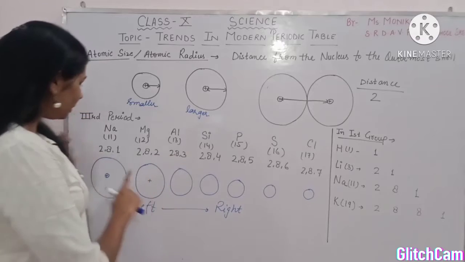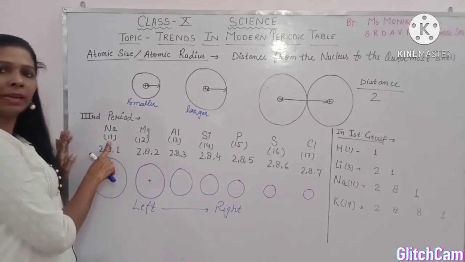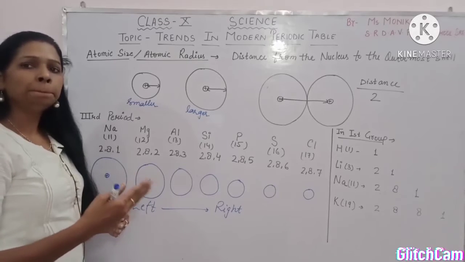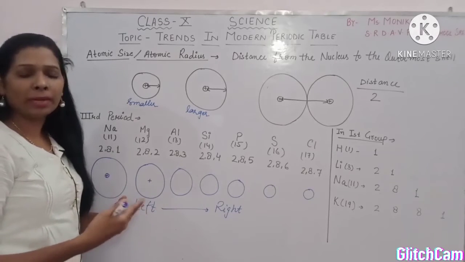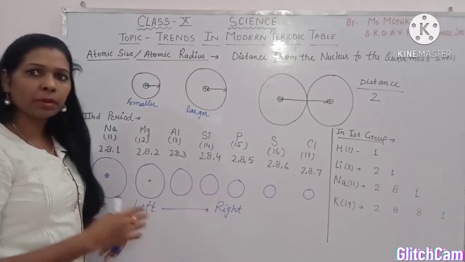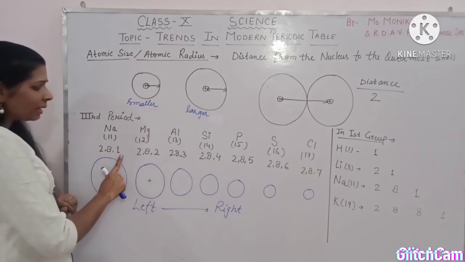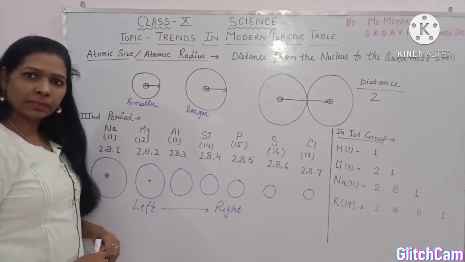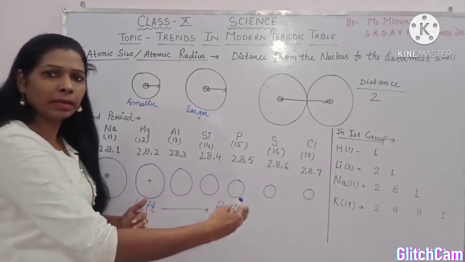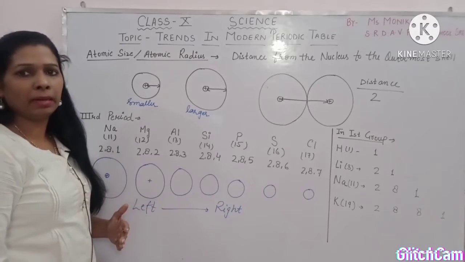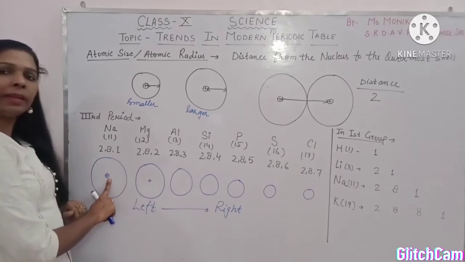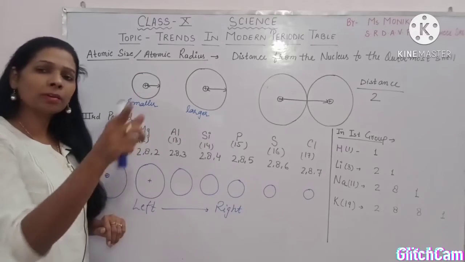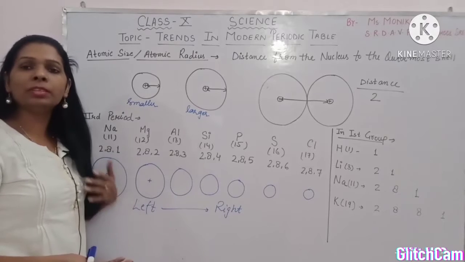So nuclear charge depends on the atomic number, as we know that the atomic number is equal to the number of protons. As the atomic number increases, the nuclear charge also increases. जब आपका atomic number बढ़ रहा है तो nuclear charge भी बढ़ेगा. And the nucleus contains positively charged particles, and in the extranuclear part electrons are revolving, which are negatively charged particles.